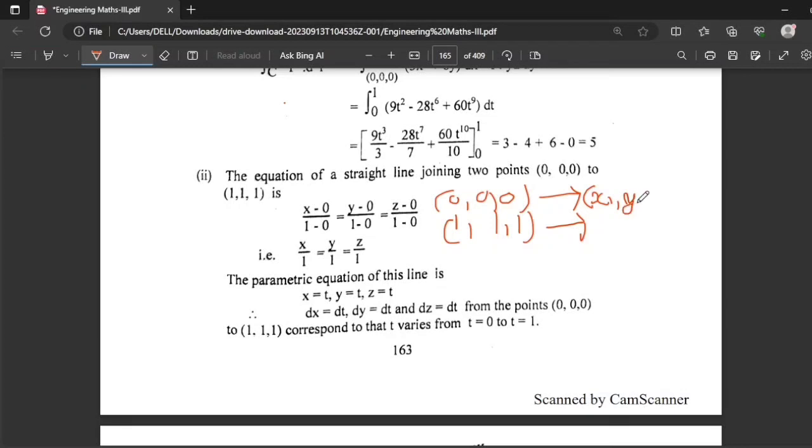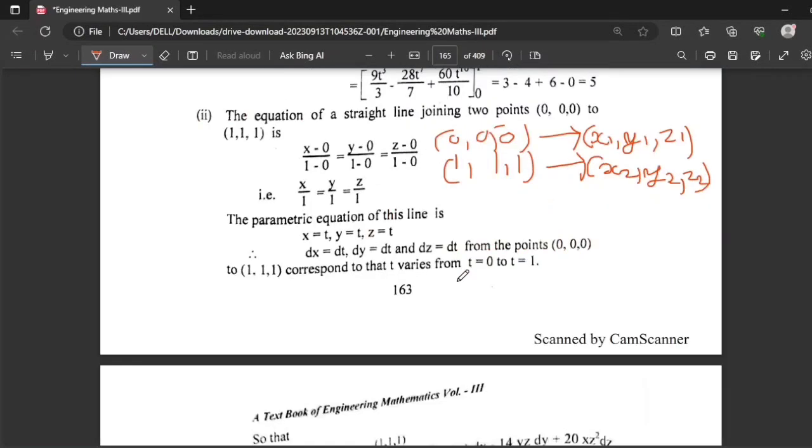x1, y1, z1 and x2, y2, z2. So the equation of the straight line joining the 2 points is